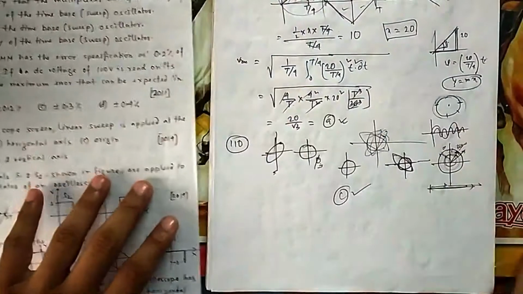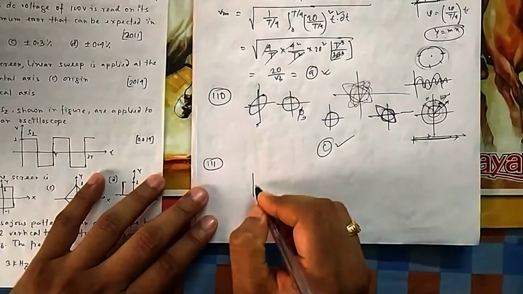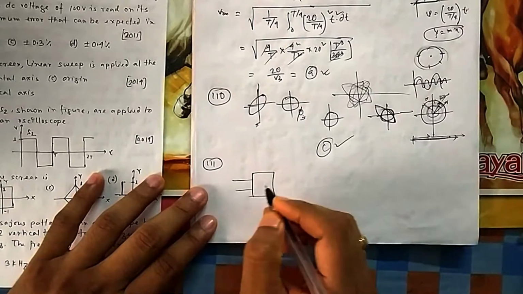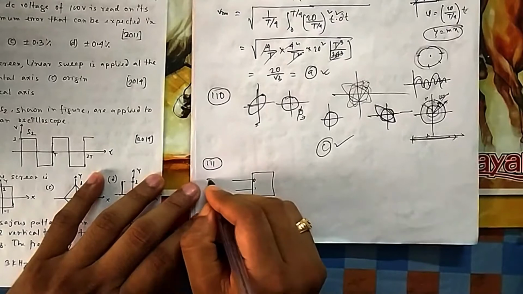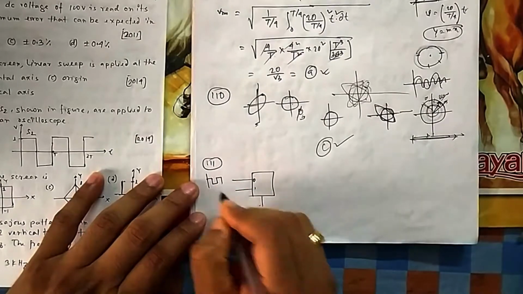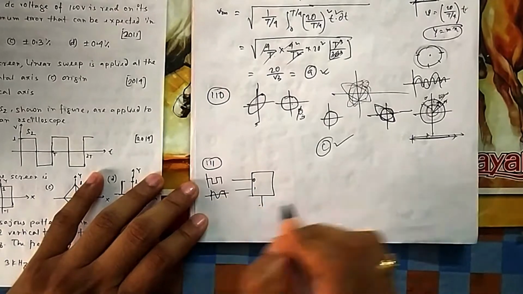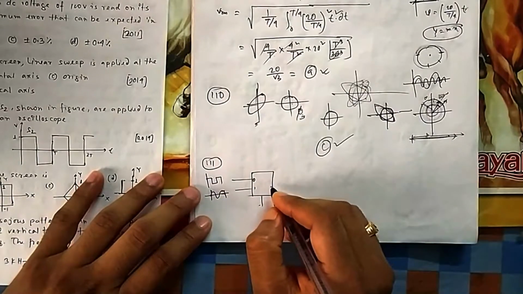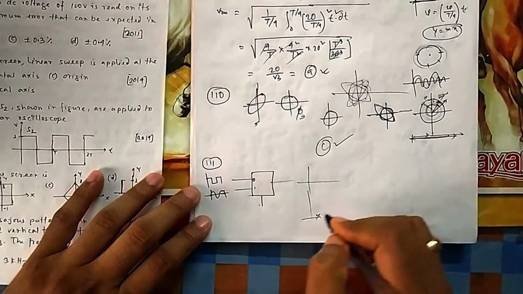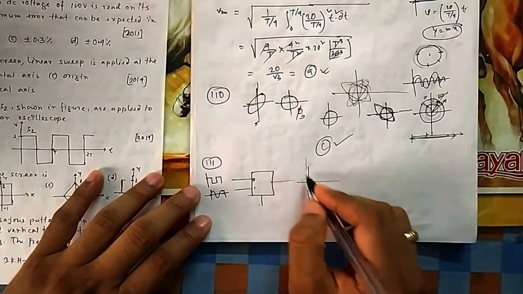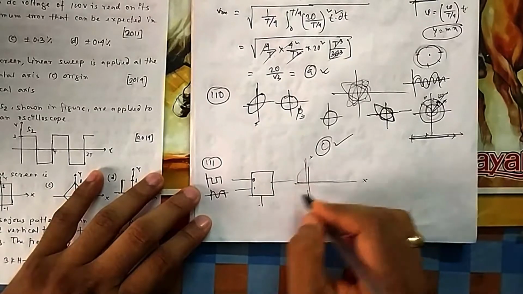That means in Y you have two signals, and your oscilloscope is, suppose this is the multiplexer, so there are two different inputs and this is your control, suppose 0 1. So in 0 suppose you have a square wave, and in the other you have a sinusoidal wave. So this is your Y input and this is your oscilloscope, this is your X input, something of this fashion you can think.